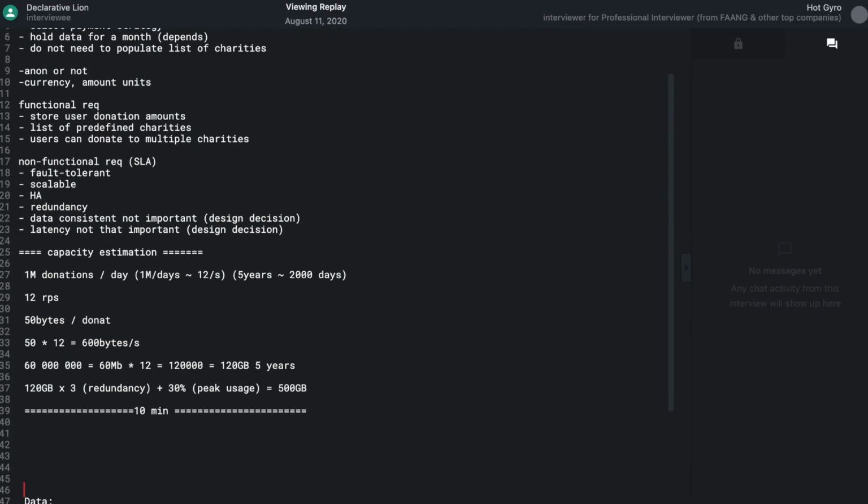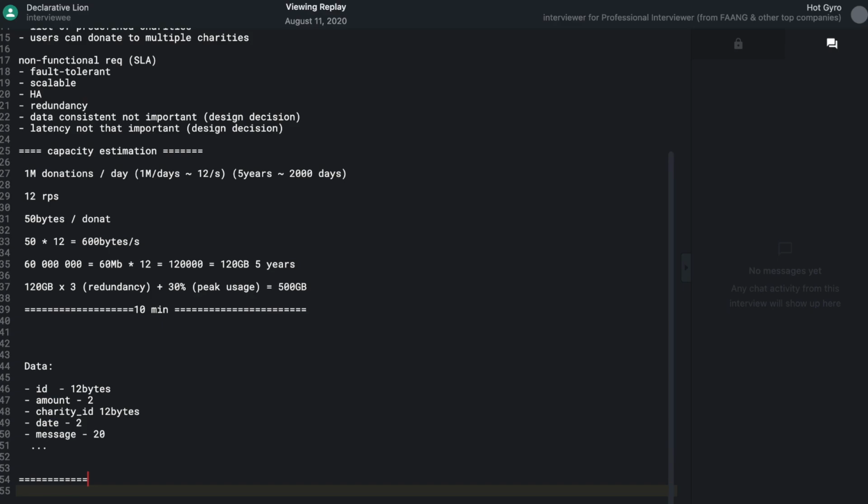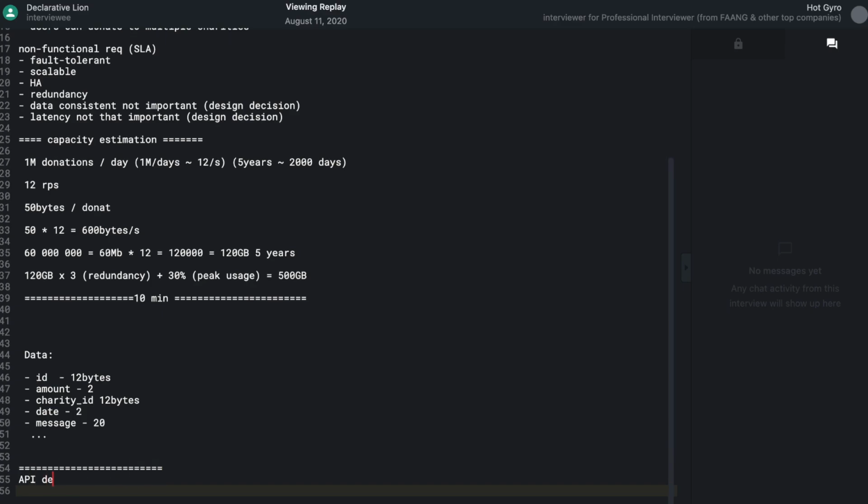And the next thing after that, you did your database schema design, which is good because this is where you use that information to estimate your database storage, which is important because without the schema, you don't know how much storage you need, right? So that's all fair. Now, the thing after that, though, I suggest is to have something called API design, because after all, every backend system needs to have some sort of API or multiple APIs so that the client can call these APIs and then perform that service, right? So if you're clear about what the APIs are, it will also help you in your high-level design.